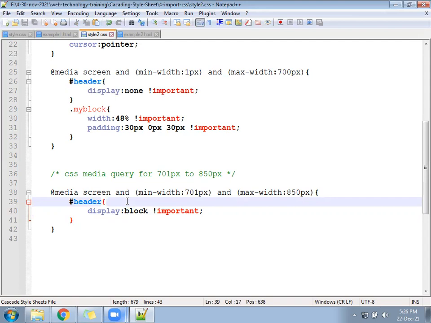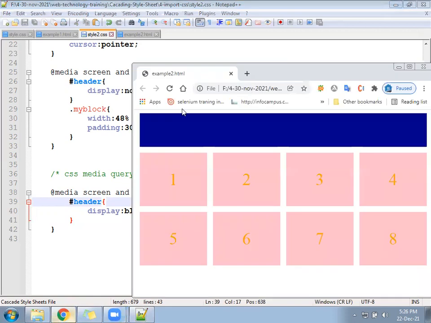A label tag, span tag, bold tag, italic tag, text box, button are called inline tags. If you write display block, they will go to a new line and not come in the same line. If you want to fit in the same line, then display inline. If you want to cover full width, then you write block. As of now the header is covering full width, so we say block. If the header covered half, then we would say inline.